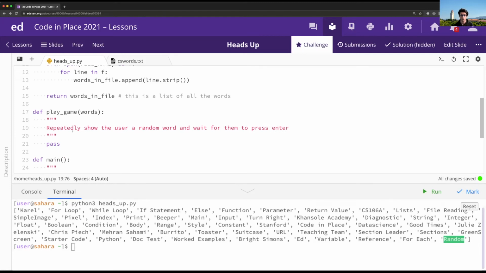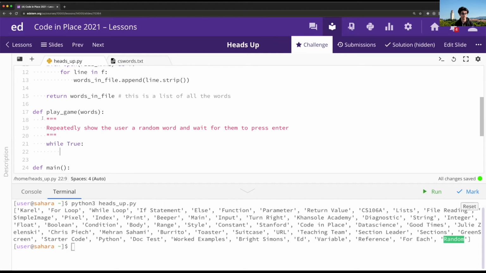Okay, cool. So let's go ahead and start. Let's say something like, okay, we need to repeatedly do something over here, which means we probably need a loop. And here's one of the fun decisions, because we're making a game. We can decide what that loop should be. For example, maybe this should just keep on going until the user ends, meaning I probably want a while true loop or something like that.